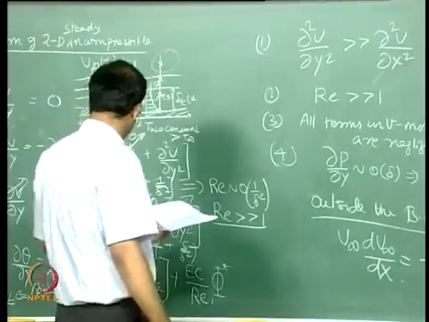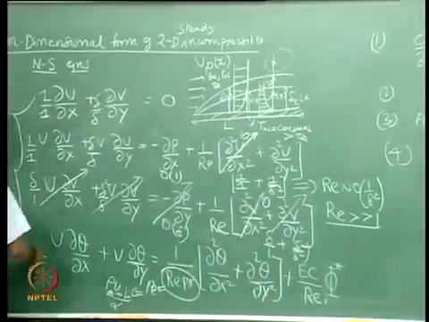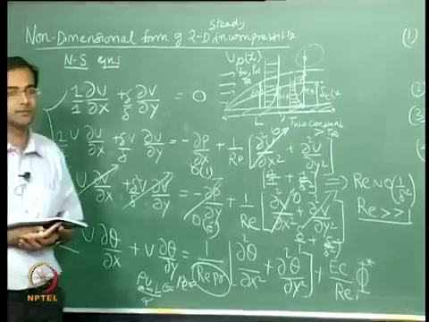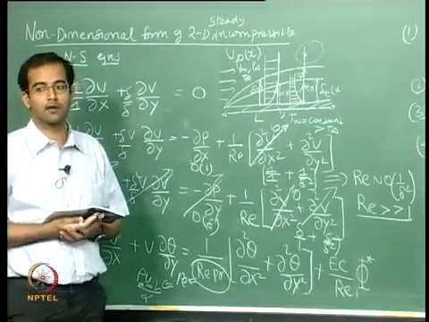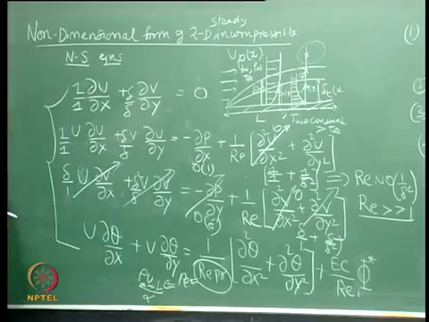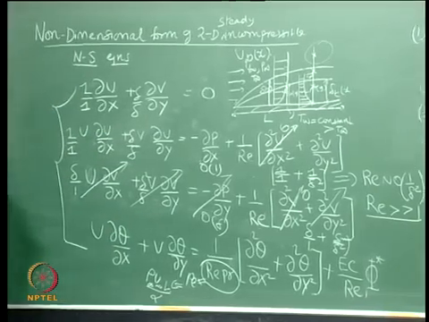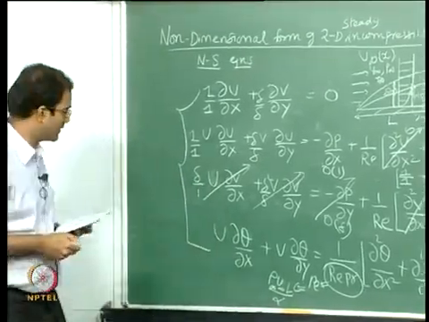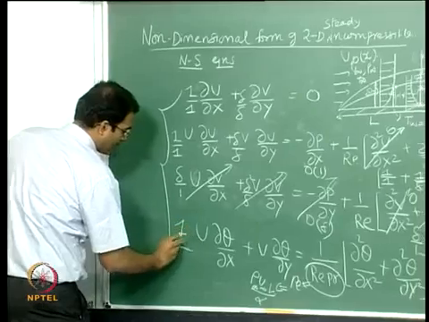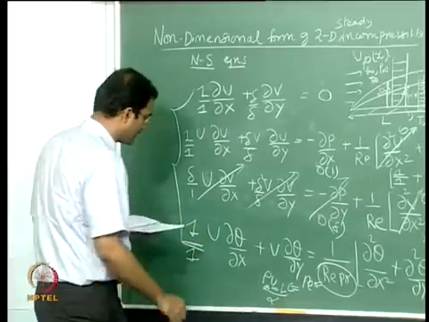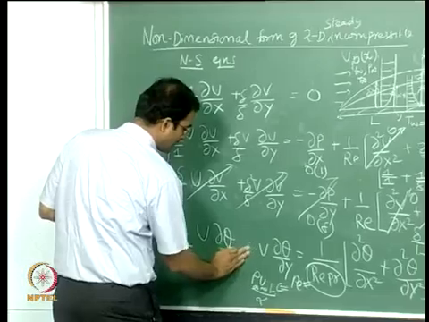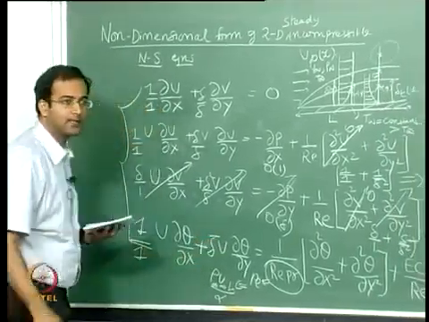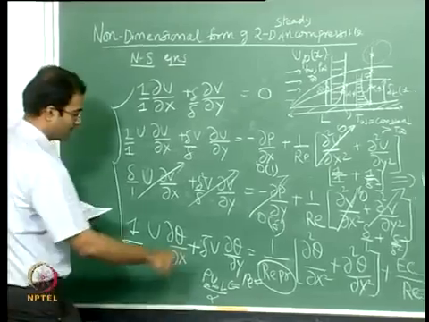Coming to the energy equation, what will be the order of magnitude of theta? What do you think is the order of magnitude of theta? 1, right, you are scaling it between your wall temperature and the free stream temperature, so it has to be of the order of magnitude 1. So therefore this should be of the order of magnitude 1 by 1, and how about your V here? Theta is already of the order of magnitude 1, so V is of the order of delta by